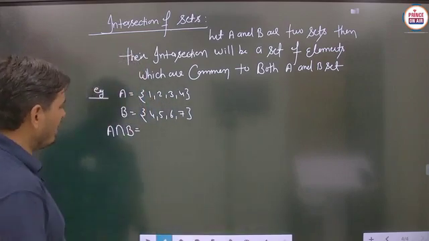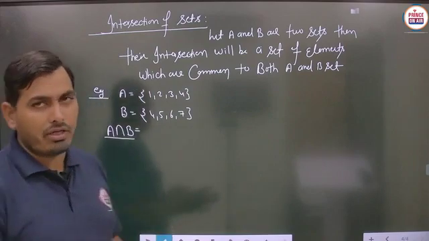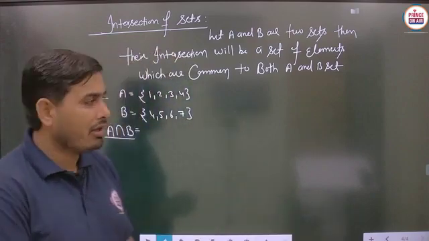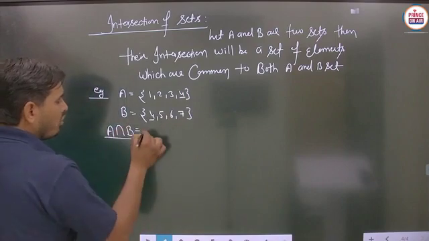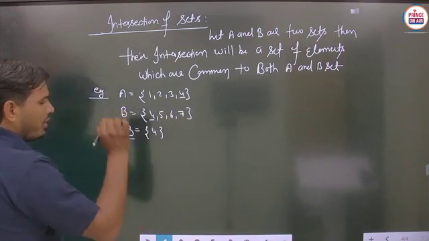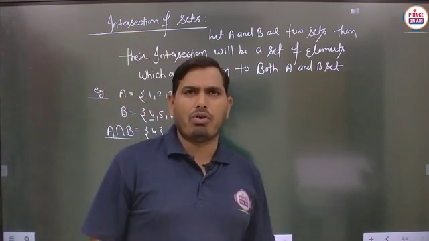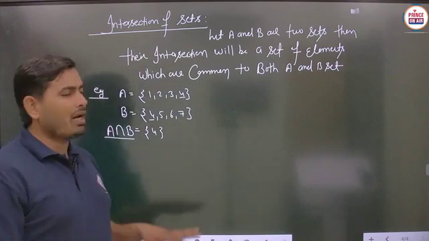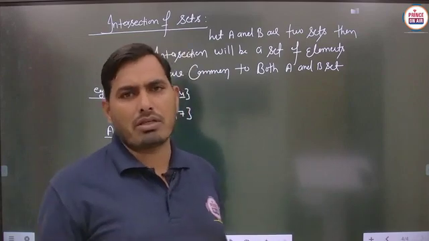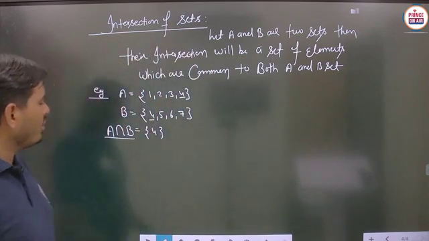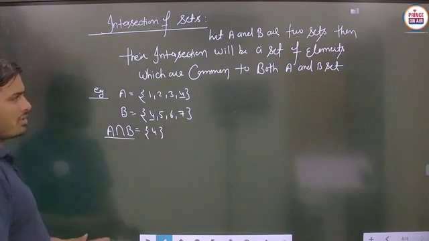So A intersection B will be read as A intersection B. Now we always write all the elements common to both sets A and B. So you can calculate the common element: 4 will be here. So the common element is found to be 4 only. And sometimes, if no common element is obtained, there is no problem. Students, if there is no common element between the two sets, then the answer is the empty set. So here A intersection B will be 4. According to this you can understand the above definition.